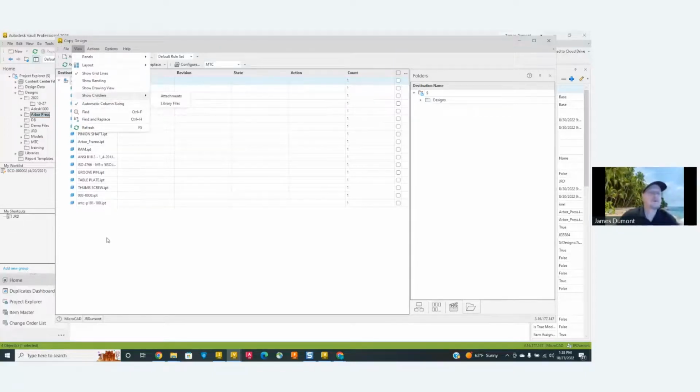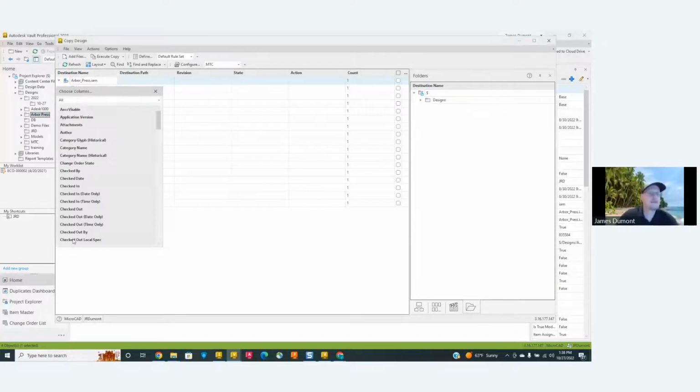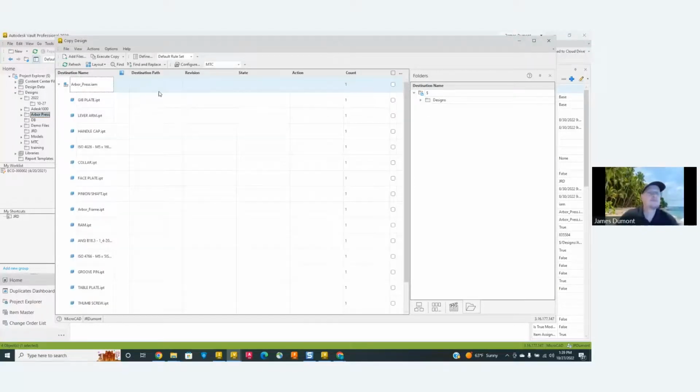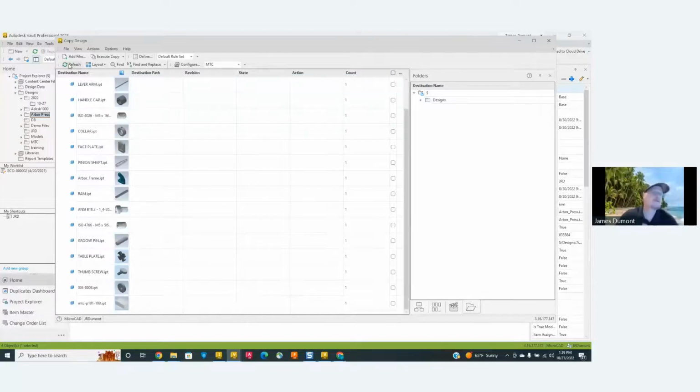When I want to do an assembly file, what I really like is that I can customize or choose columns, and I want the thumbnail. So it's a little nuance: if I take the thumbnail and drag it over, that really helps. There they go. That time it displayed really quick. Sometimes you have to do a refresh. If you add a column like that, sometimes you have to get out and get back in.